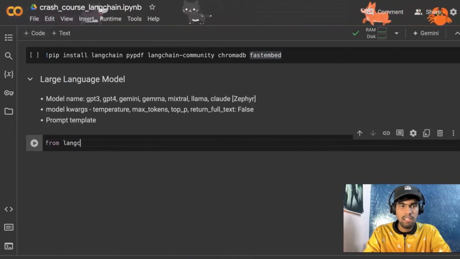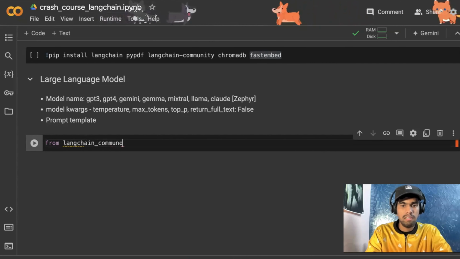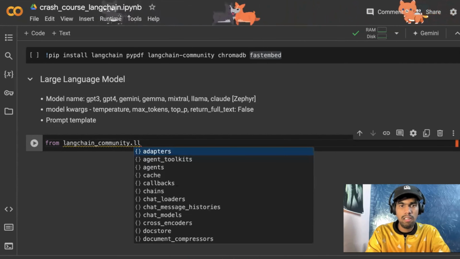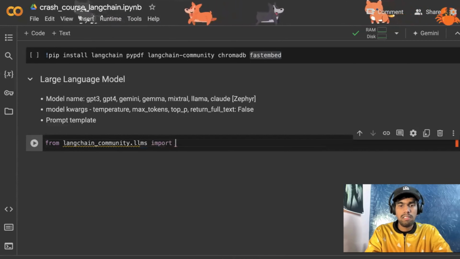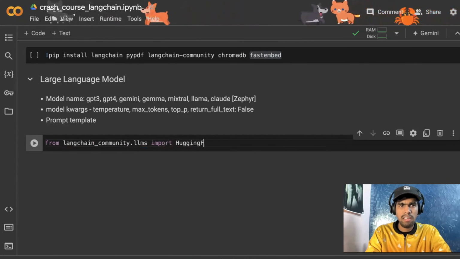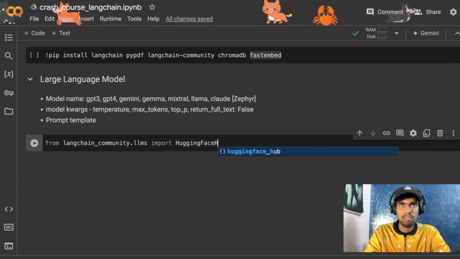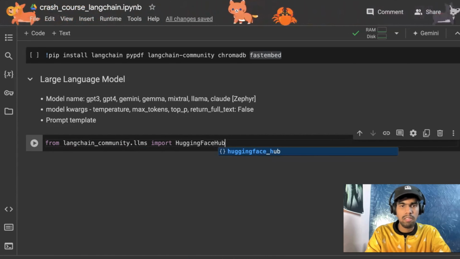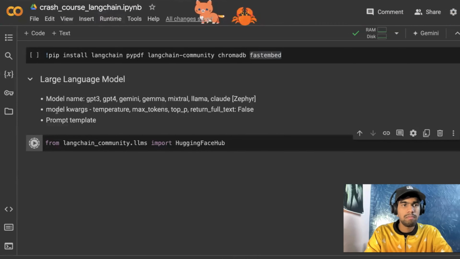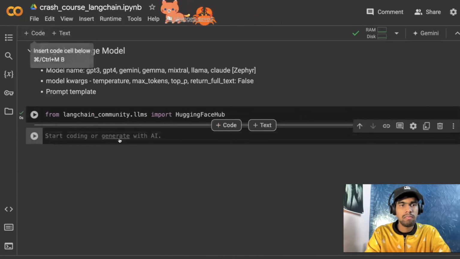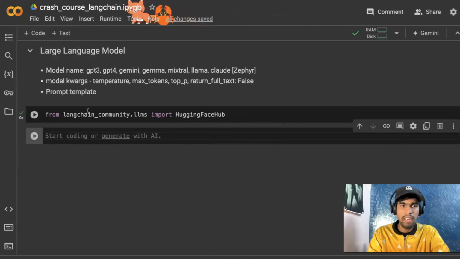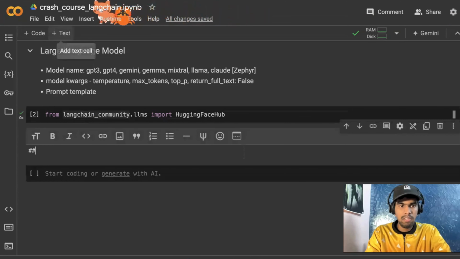So from langchain community dot llms, I'll import HuggingFaceHub. And now what I need to do is set up my API key. So what I'll do is set up my HuggingFace